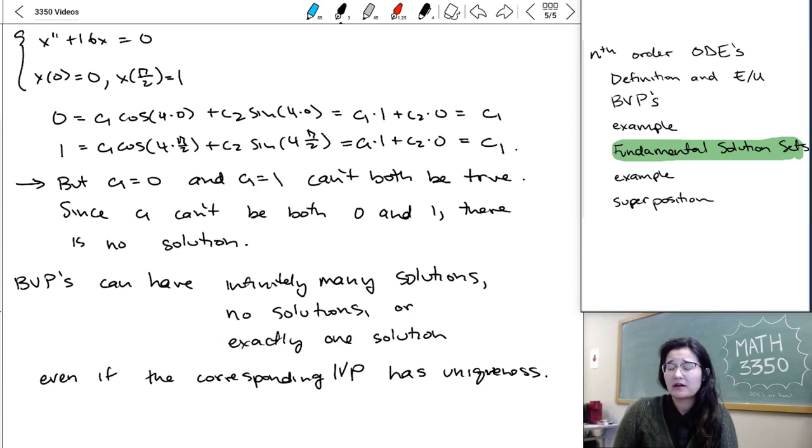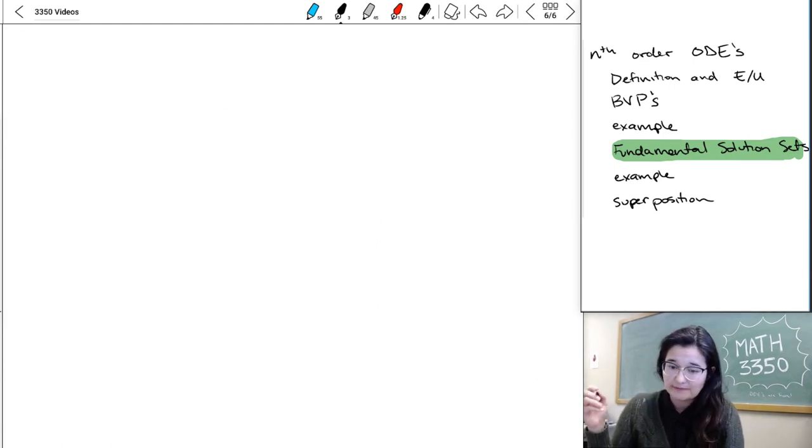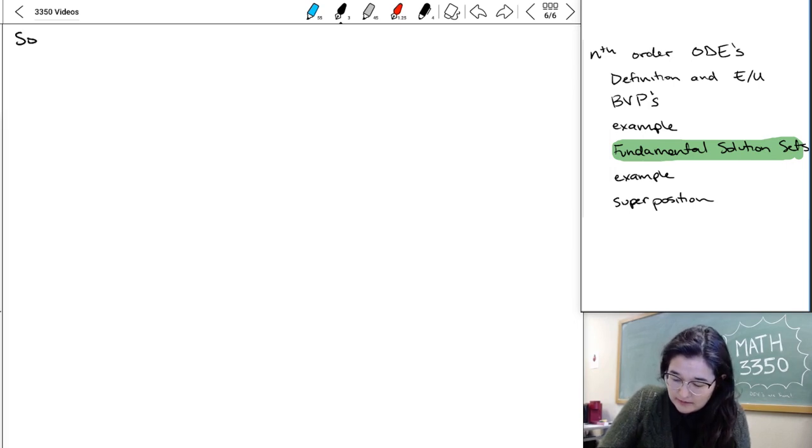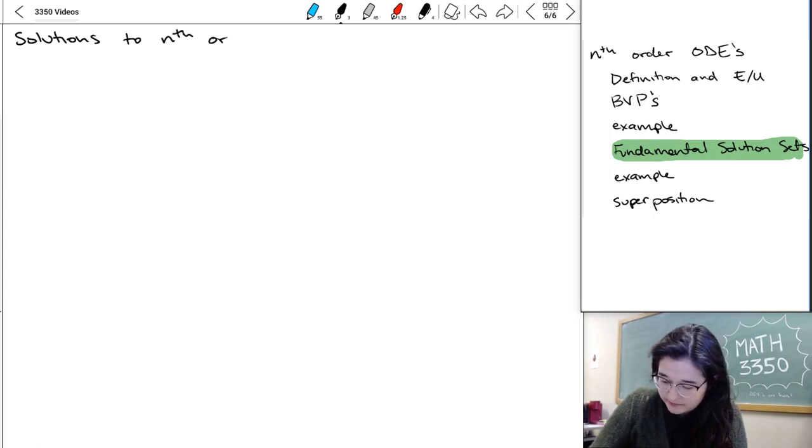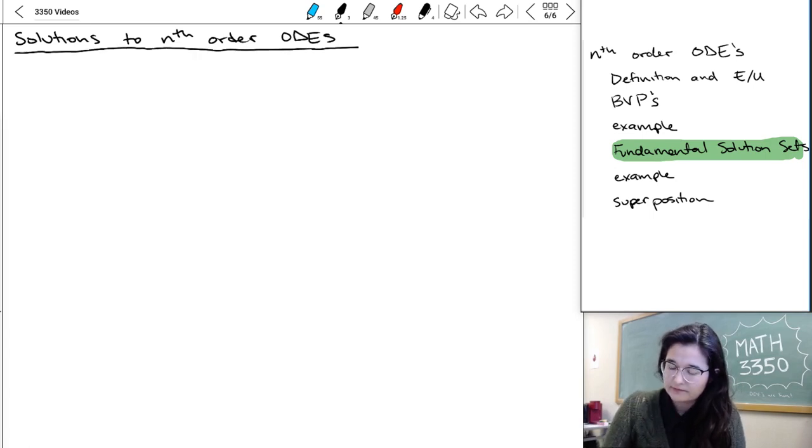Next up, we're going to be talking about fundamental solution sets, which are going to be sort of the first way that we learn to think about solutions to this type of differential equation. So concerning solutions to these nth order ODEs,